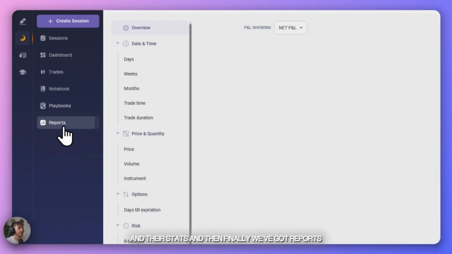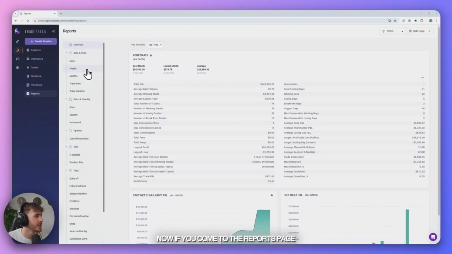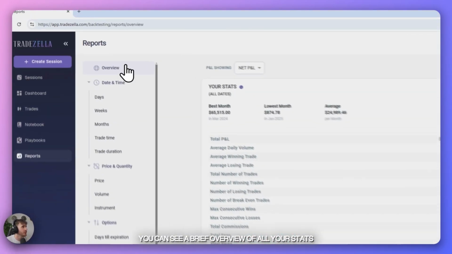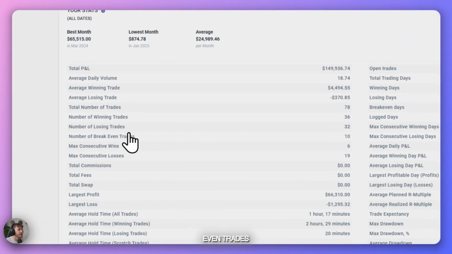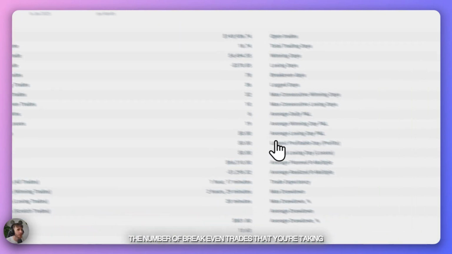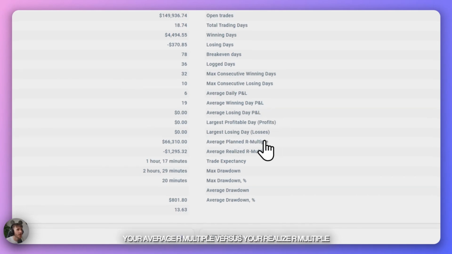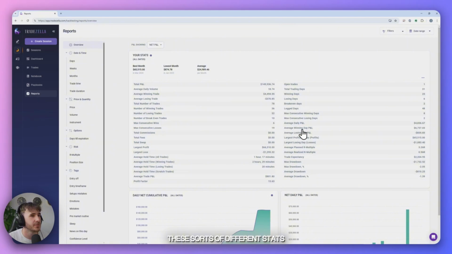And then finally, we've got reports. Now, if you come to the reports page, you'll be able to see detailed analytics around all of your trades within backtesting. Inside reports, you can see a brief overview of all your stats. So you can see things like the number of break-even trades versus the number of losing or winning trades, your average winning day, your average losing day, the number of break-even trades that you're taking, your average R multiple versus your realized R multiple. All these sorts of different stats, you can see a breakdown of here on the overview